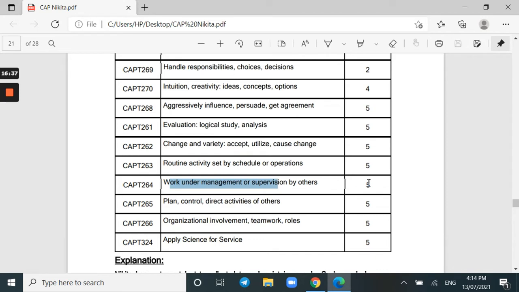So there is a consistency in terms of the person wanting to be separate from working under management and working with people and working in organization and working with teamwork, but more interested in working independently. And this is something which is interesting. Also, these are contradictions that you can see. Change and variety is also at 5, and routine activity is also at 5. These are two contradictory traits, but both have the same level of dislike, which means that the person needs to slowly start developing their liking for one or the other